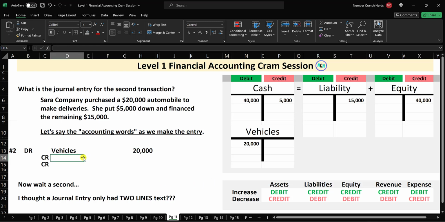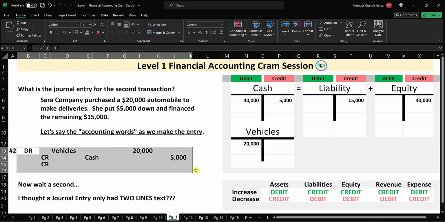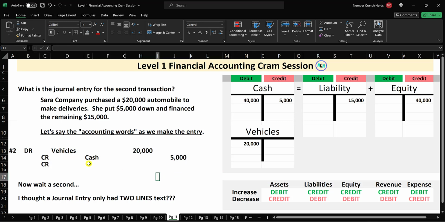Now, what is the credit? Well, what is the first way that she paid? She paid in cash. So that's my first credit. Cash is an asset. Assets decrease with the credit. So I'm going to go over here and enter $5,000. We are making the journal entry right now. The next item on the list is note